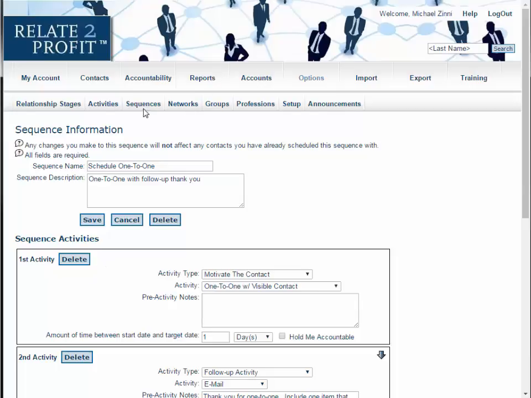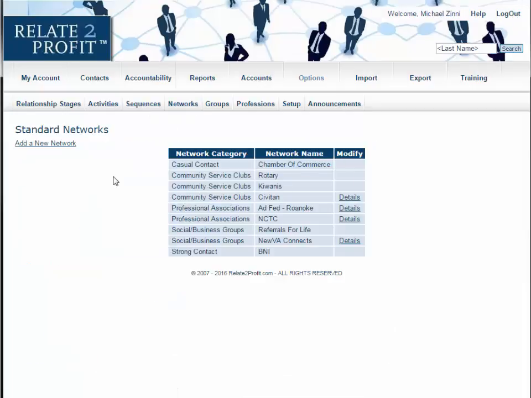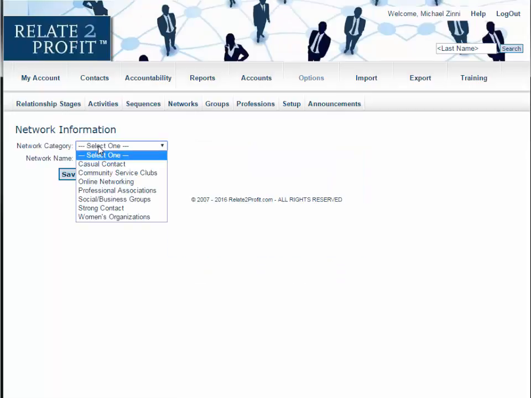Networks is where you can customize the networks that you are going to be able to assign to contacts. So nothing particularly out of the ordinary here. You can create as many networks as you like by clicking on Add Network. There's really nothing too special about this that you can't do in any other contact management system. There's categories of networks, and you can just name the network, save it in here. And again,